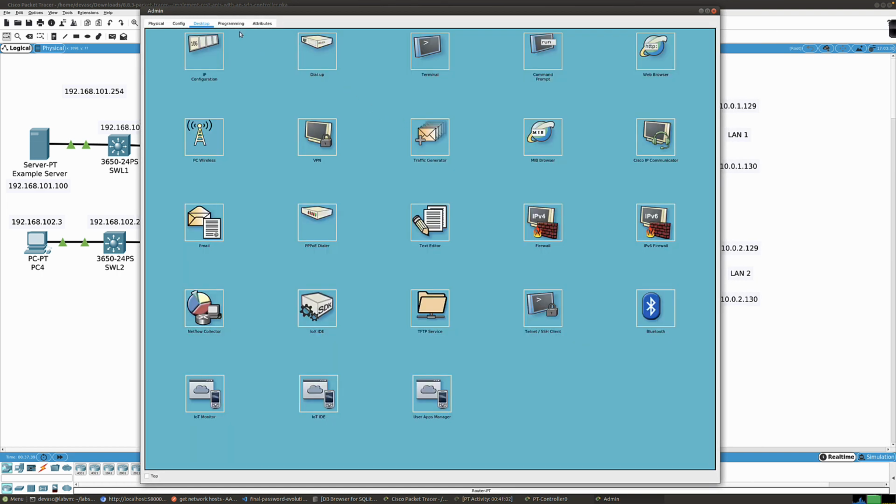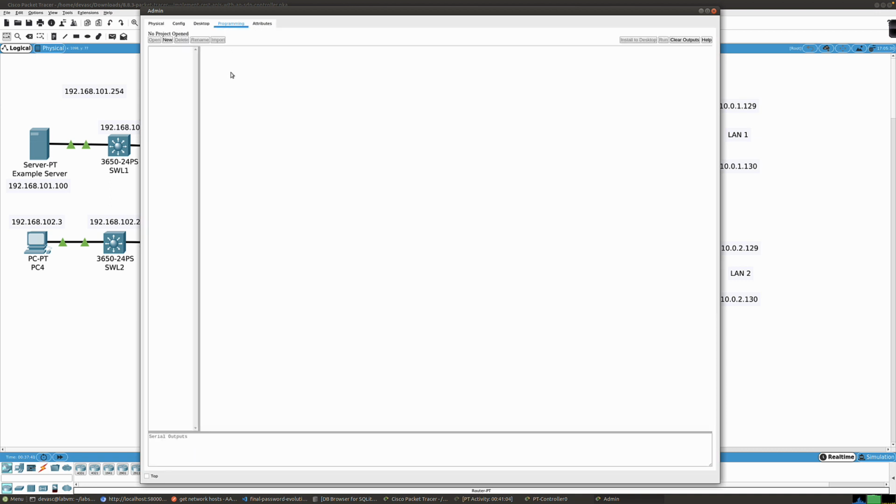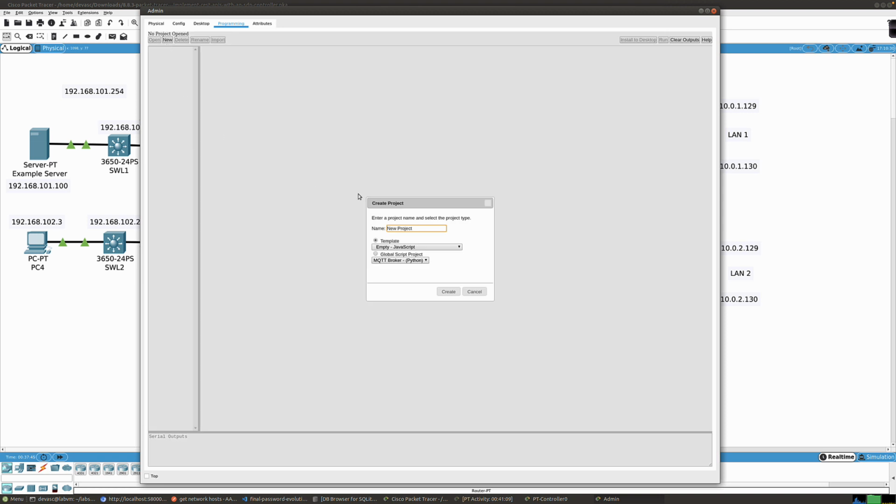And we want to click on the Programming tab. So here's our Programming tab. There's currently nothing here, so let's click New. And we're going to give our project a name, and we're simply going to call it